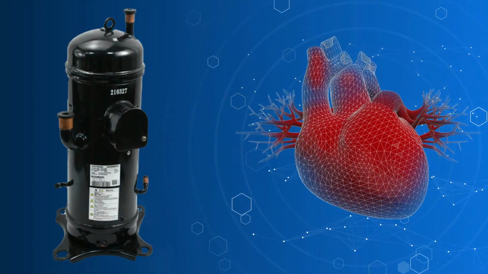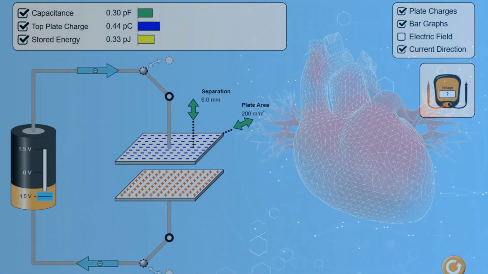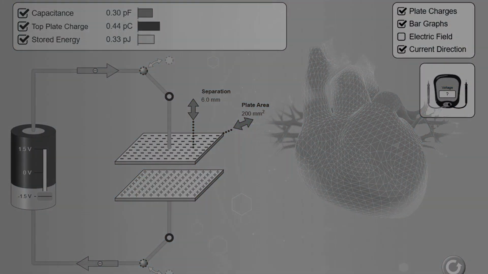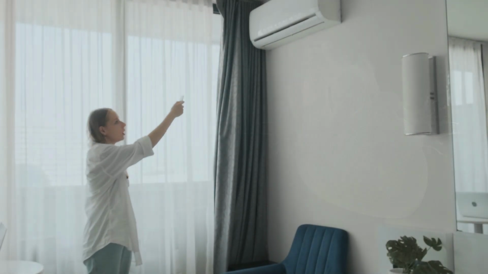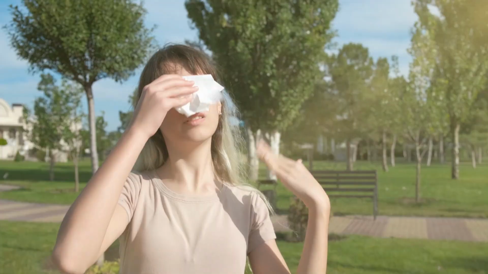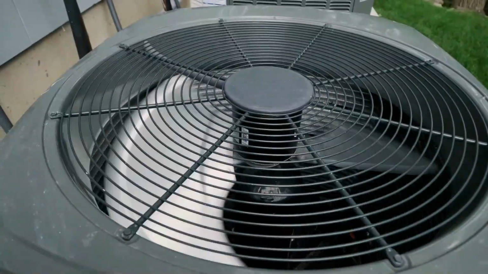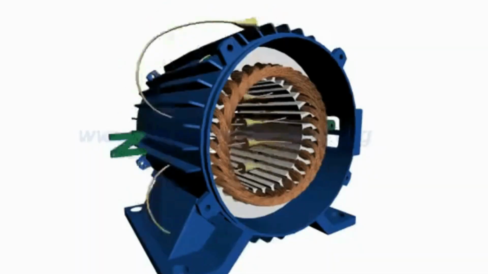Compressors are the heart of every air conditioning system, but to keep that heart running, we need a capacitor. And when a capacitor fails, so does the compressor. When the compressor fails, you no longer have cold air. So what is it about this $20 part that plays such a critical role in keeping us cool on those really hot summer days? Now, motors in heating and air conditioning systems in residential applications work on a rotating magnetic